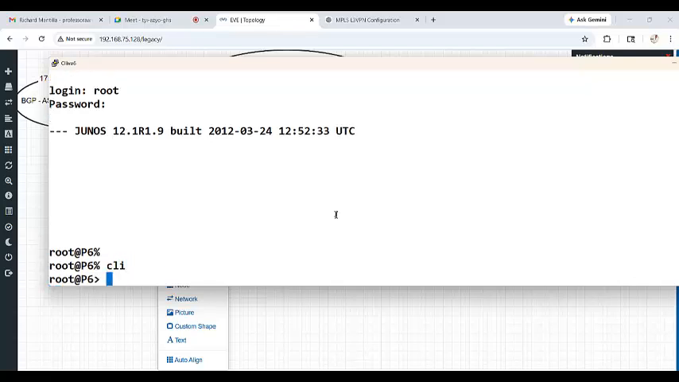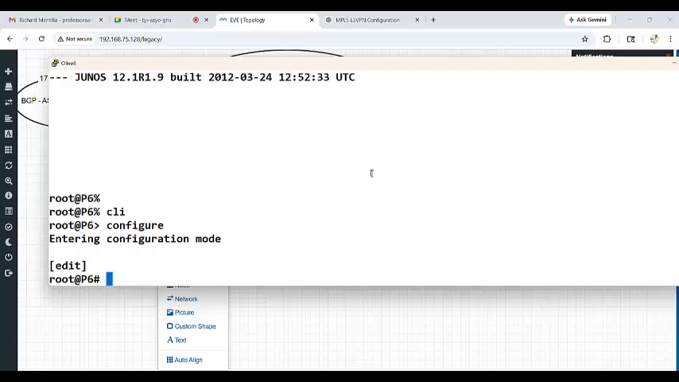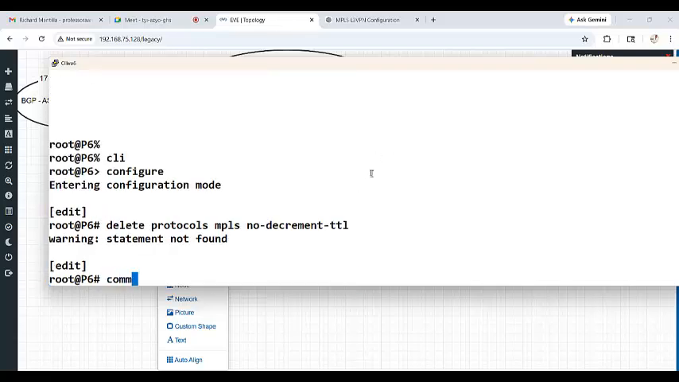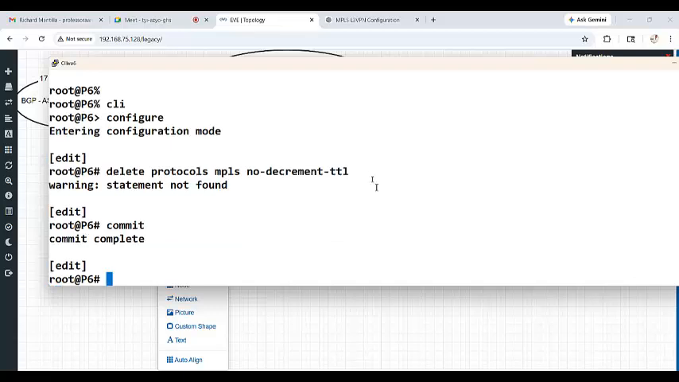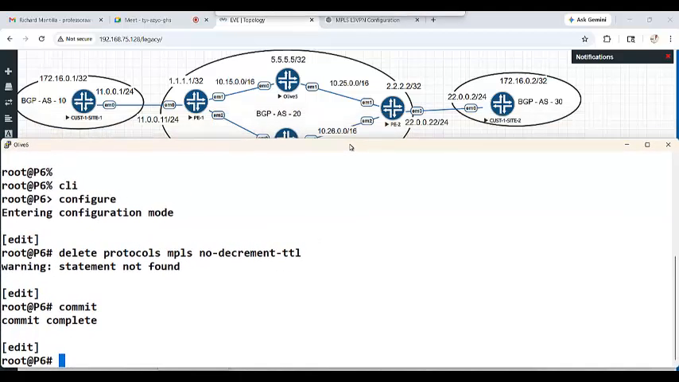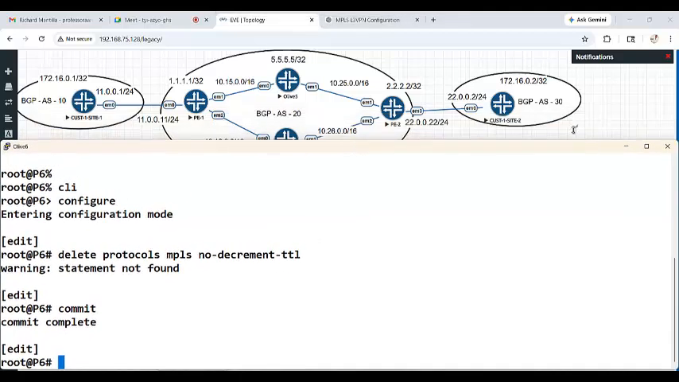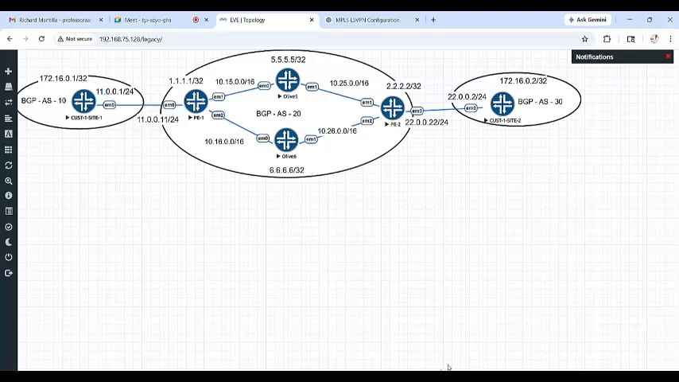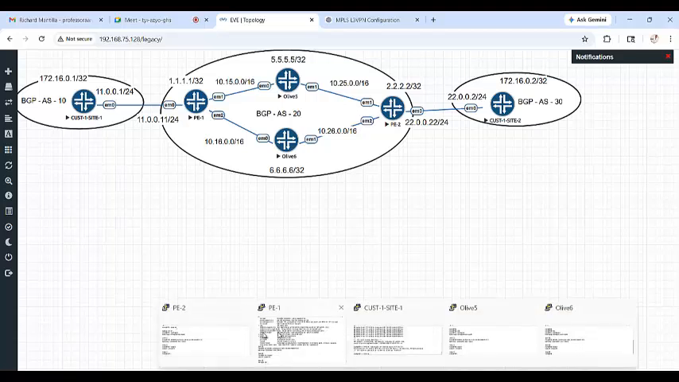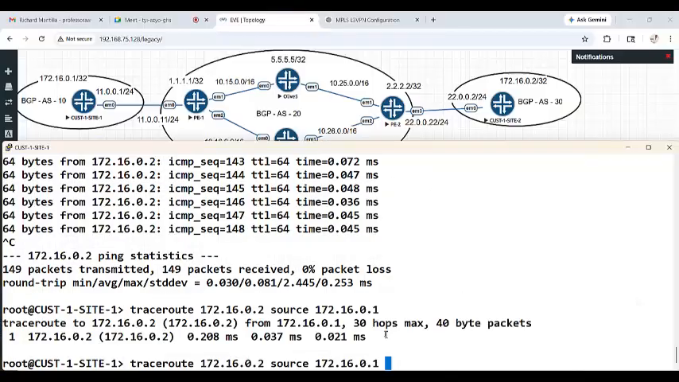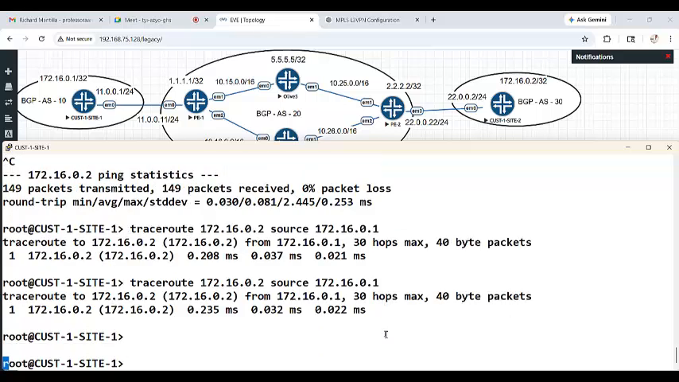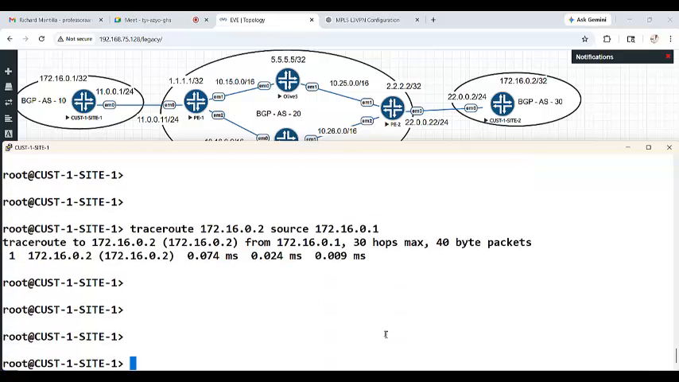CLI and config. Okay, so though the statement is not seen, we said delete it, which is not really correct, but we did it hoping that it may support us. Let me trace route now. No, still the same. So